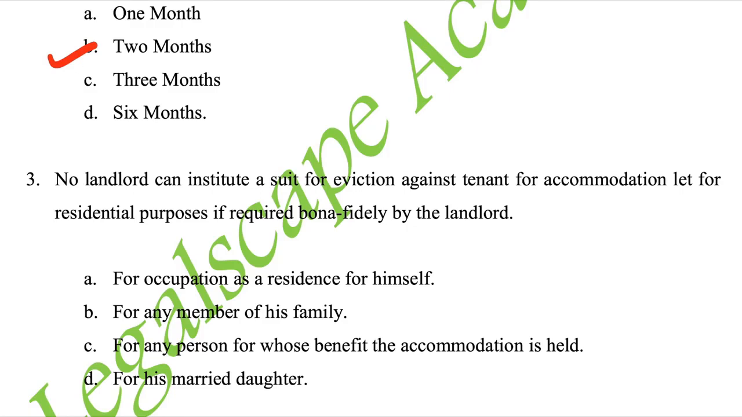A. For occupation as a residence for himself. B. For any member of his family. C. For any person for whose benefit the accommodation is held. D. For his married daughter. Correct answer is D. It is given in section